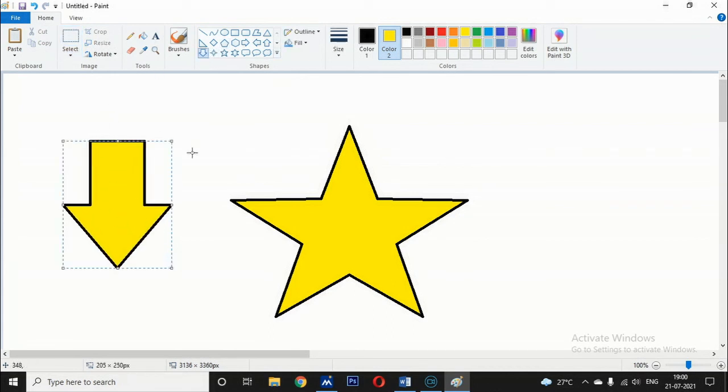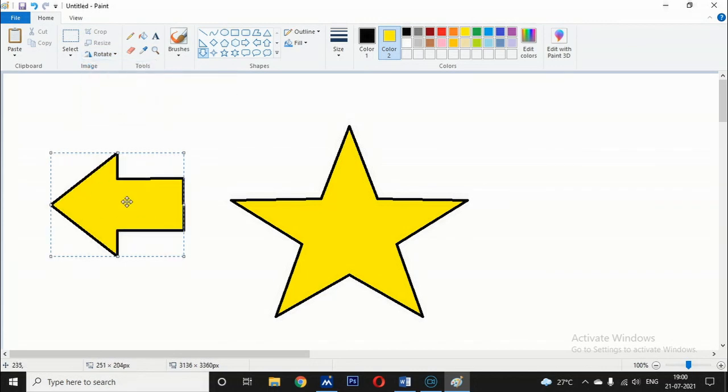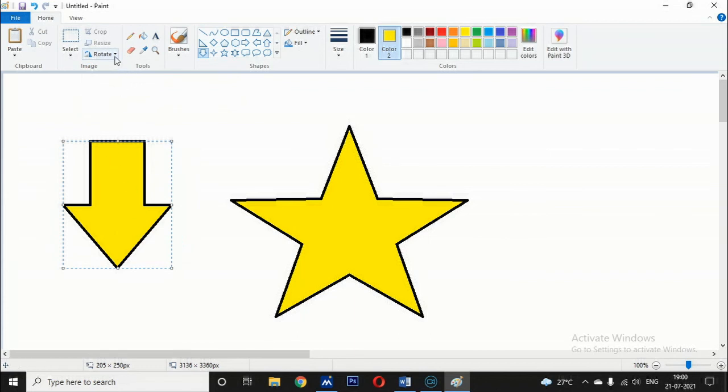Okay children, this shape is like this, isn't it? First give rotate right 90 degrees, and it comes like this, and rotate left 90 degrees, it comes like this, and rotate 180 degrees, it comes like this.